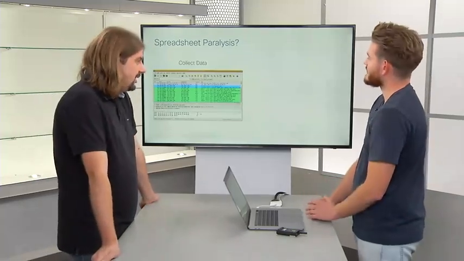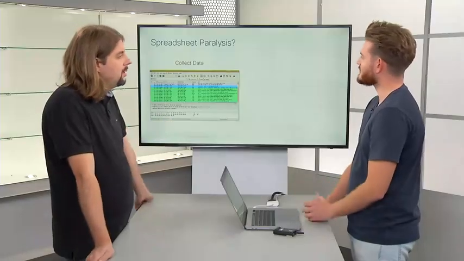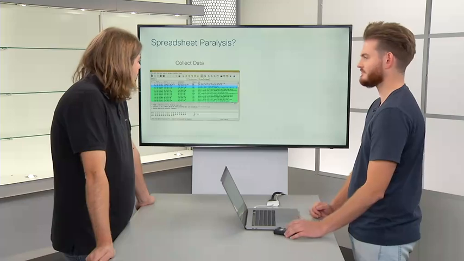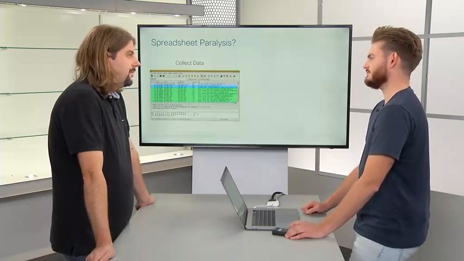Collecting that kind of data via taps or spans or places in the infrastructure is becoming harder and harder. And then how would you analyze that data if you're not using a product like Tetration? Well, here we're assuming that you have some way to collect that flow data, which is often possible in a data center, but outside the data center, not so much. I'm just wondering how you collect 400 gig per second today.